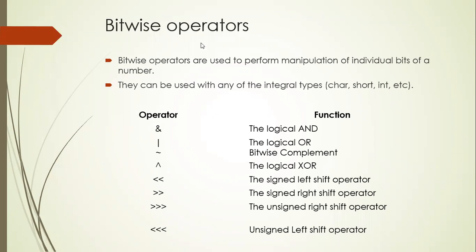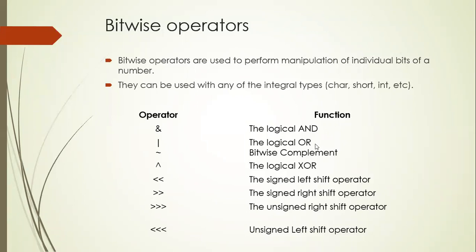First one is logical AND. This will be applicable on bits. Like you see, there is a variable a consisting of 10 and variable b consisting of 5. We need to convert the 10 into binary, and then convert the 5 into binary numbers. Then we need to apply the logical AND. As we already know, logical AND means that only when both the bits are true do we make the output true.